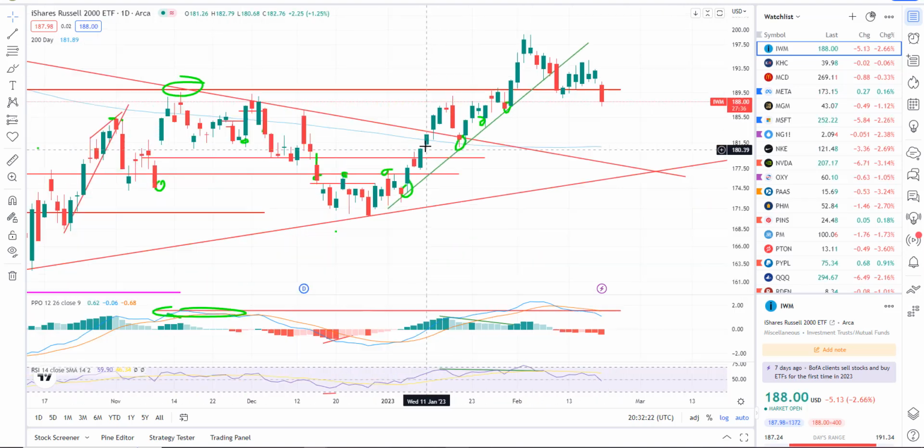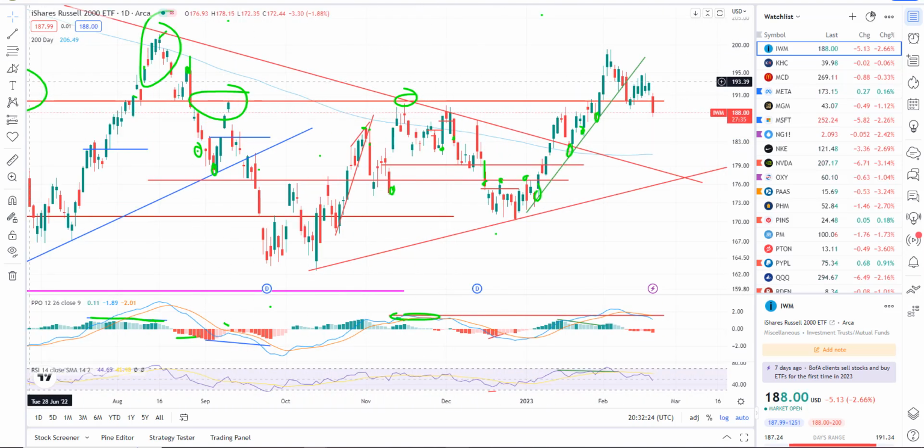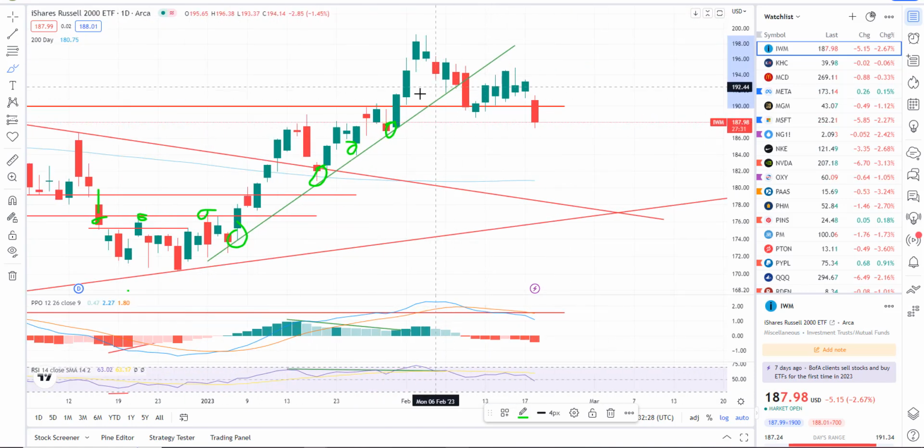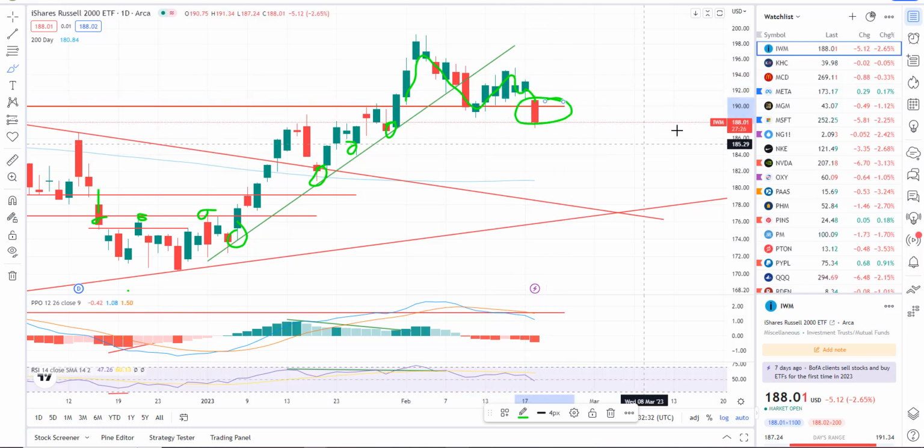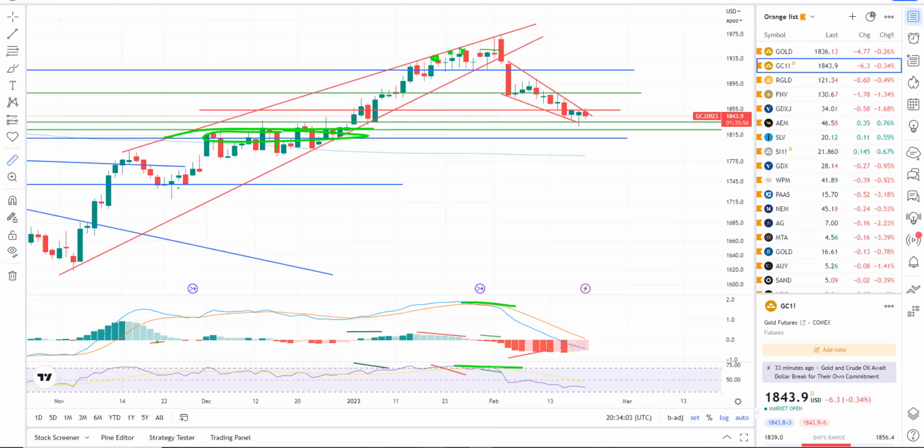We have support here at about 190. That's kind of your former reaction highs. You can see we broke above, bounced off of that, and now we're below. So we'll see how the day closes. Unless the buyers step in in the next 30 minutes, this is going to be a breakdown on a sell signal, which should indicate some more downside in the near future.